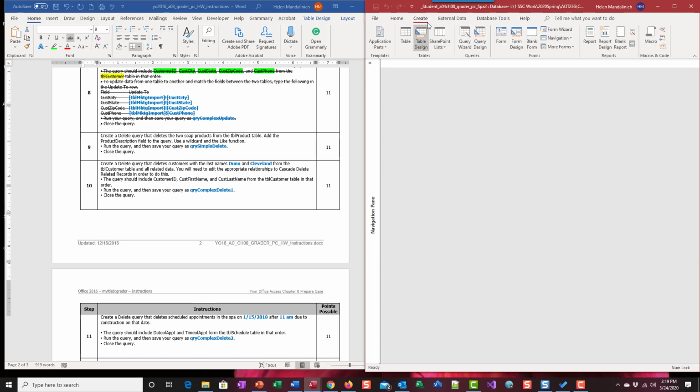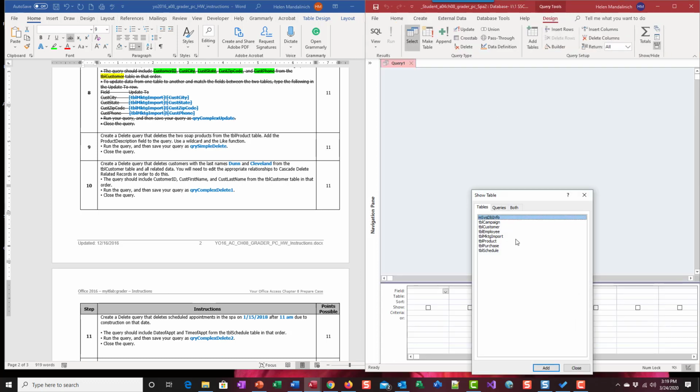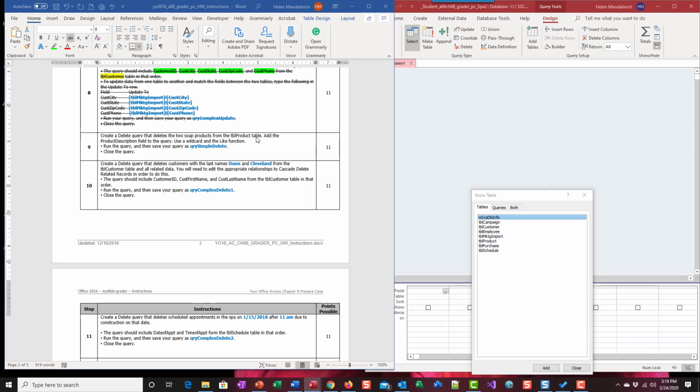So it starts off very simple. We're going to create a query in design. Let's read the instructions. Create a delete query that deletes the two soap products from the table products. So here we have table product is what we're going to pull. Add the product description to the query, and of course, we're then going to use the wildcard